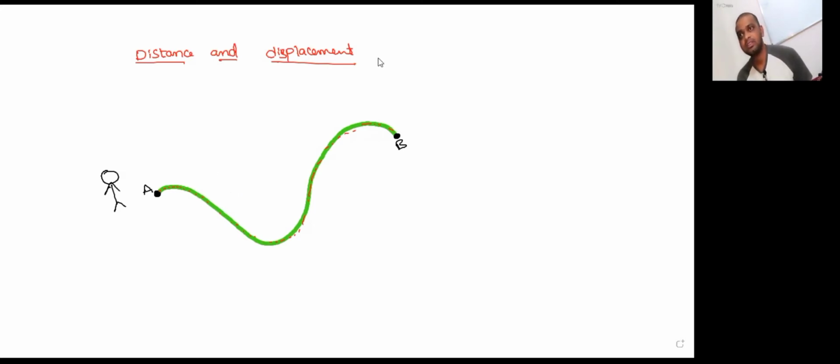Coming to the displacement, it is the shortest distance from the starting point to the ending point, which I am representing with the black color. This is displacement. And in order to find the direction at a particular point of the journey, we need to draw the tangent. So this is the tangent at point C, let us say. This is point D, this will be the tangent here. At point E, the tangent will be in this direction. At point F, it will be the tangent.